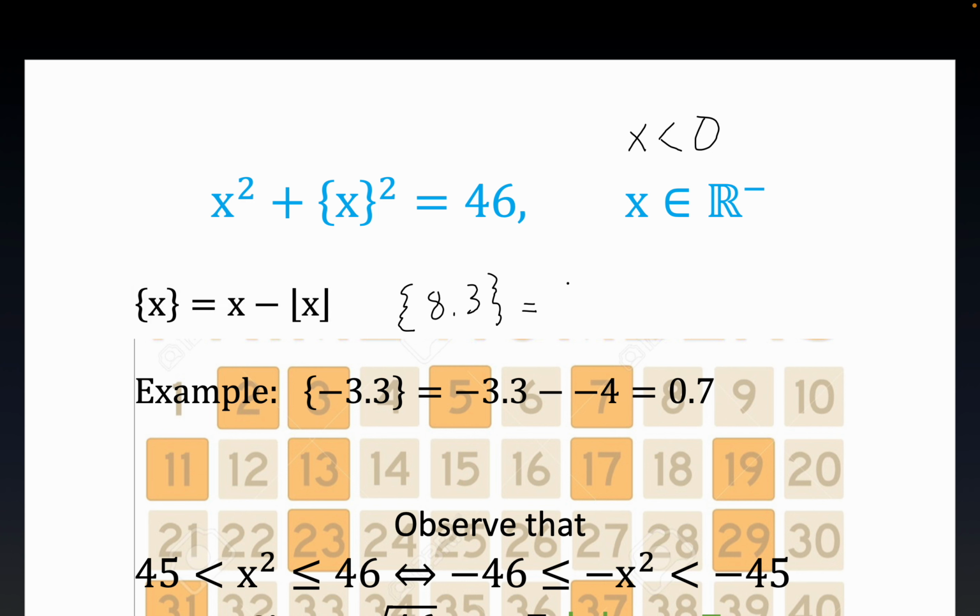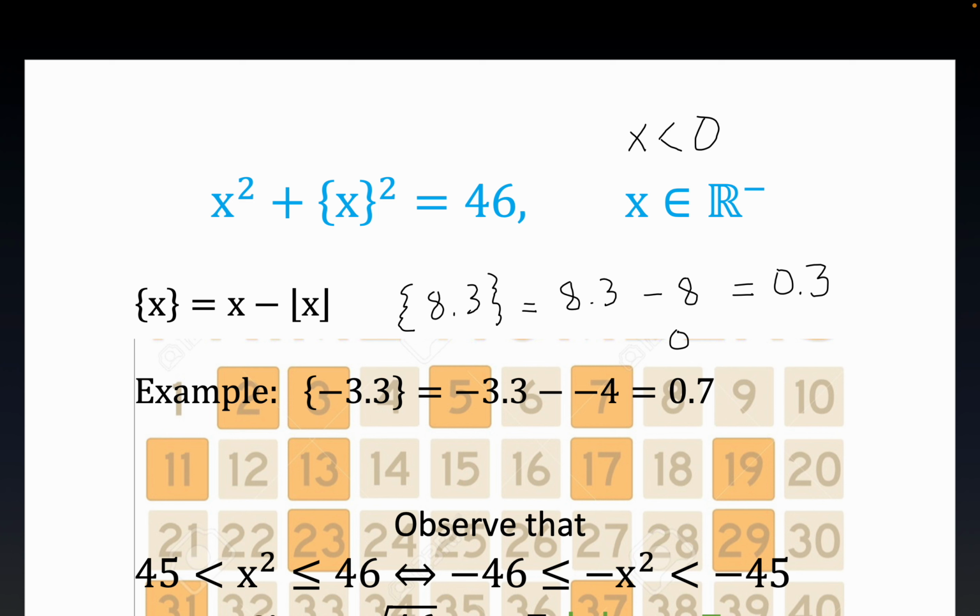So this would be 8.3, which is our value of x. Now the floor, the greatest integer that's less than 8.3, is 8. And so we get 0.3, which is exactly what you'd expect without a formal definition. So it's 0.3. Let me make a prominent decimal point there. All right. Now notice also that in general,